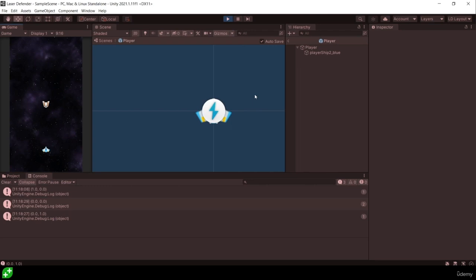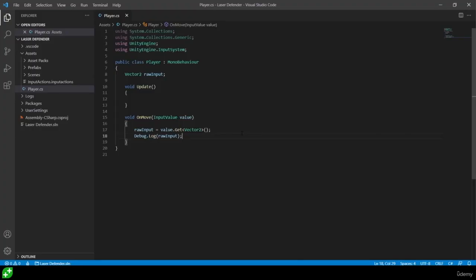This is great for things like button presses and mouse clicks, but we're going to want continuous movement. So when we hold down a key, we continue to move in the given direction. So how do we achieve this continuous movement? Well, if we come out of play and jump back over into our script, this is the reason why I stored our rawInput in a separate variable, because we can then use that variable to continuously update our position